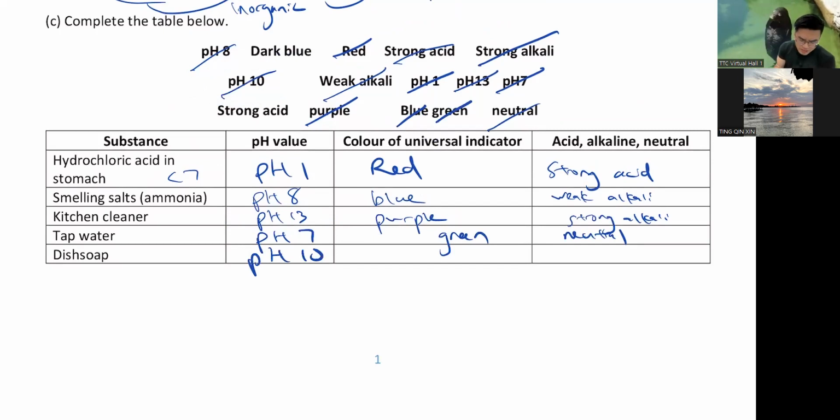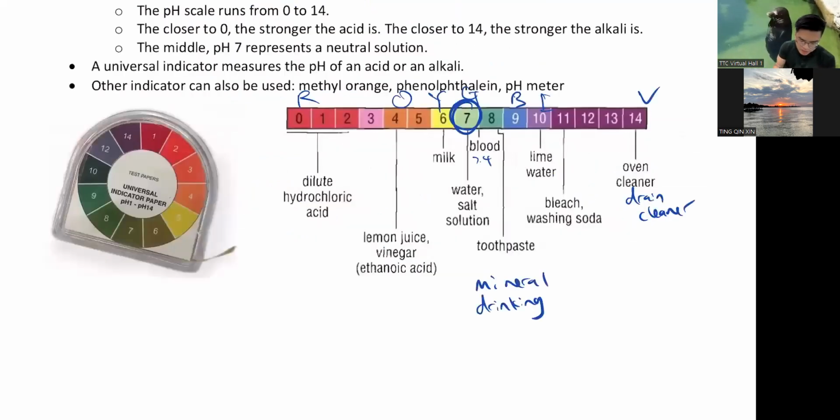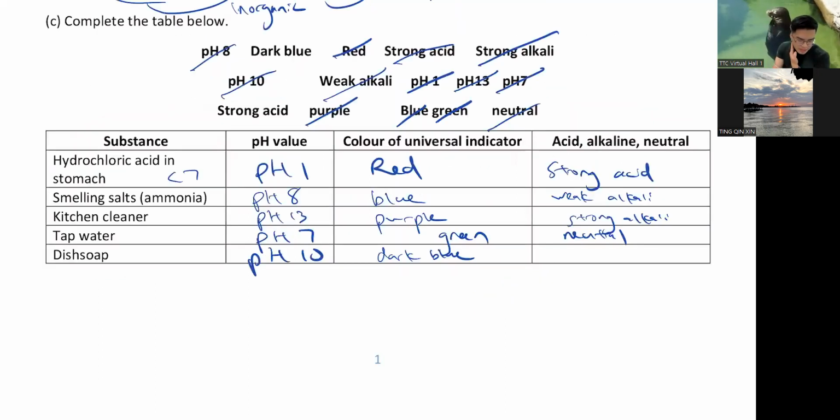And then universal indicator is dark blue，差不多要到 green 了，dark blue，差不多要到 purple 了啦。And then this is a strong... 是不是两个 strong acid 的？This thing should be a strong alkaline. So this one we're not using，这个就没用到了。